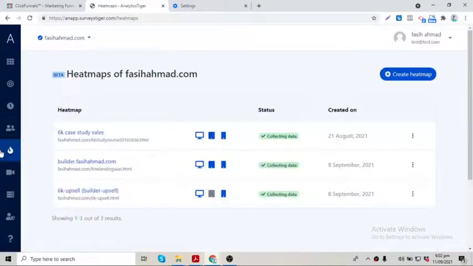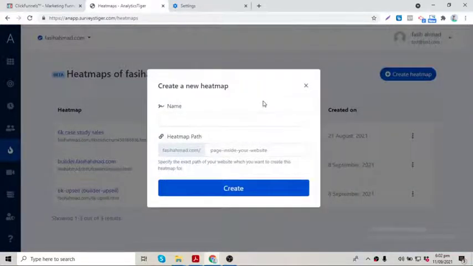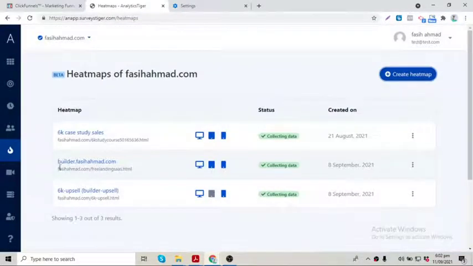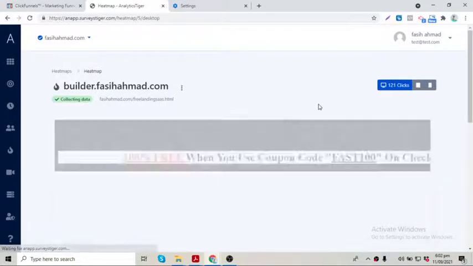This is a very important feature, the heat map. Once you create a heat map, you will have to create a new heat map for every web page that you want to track heat maps for. So for example, I created this on this web page, so let's see what it looks like on that page.